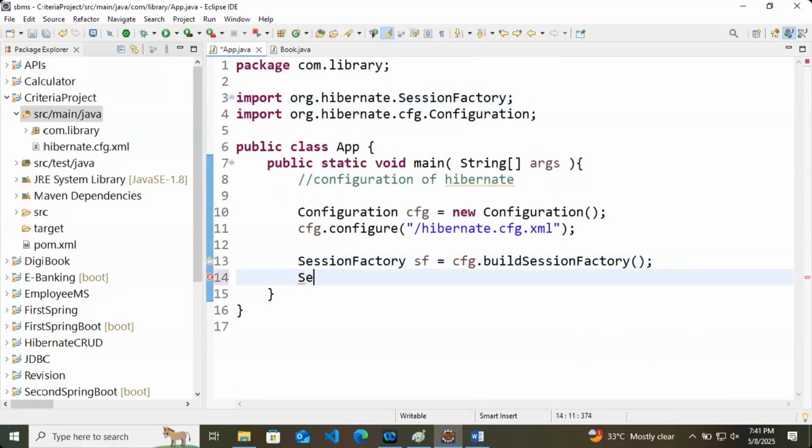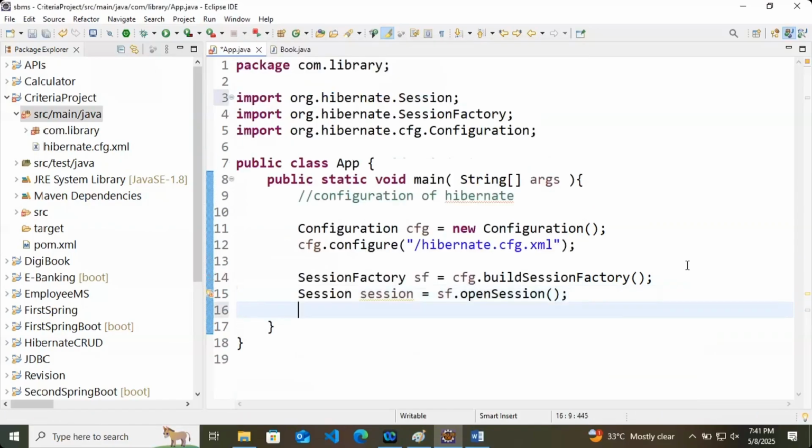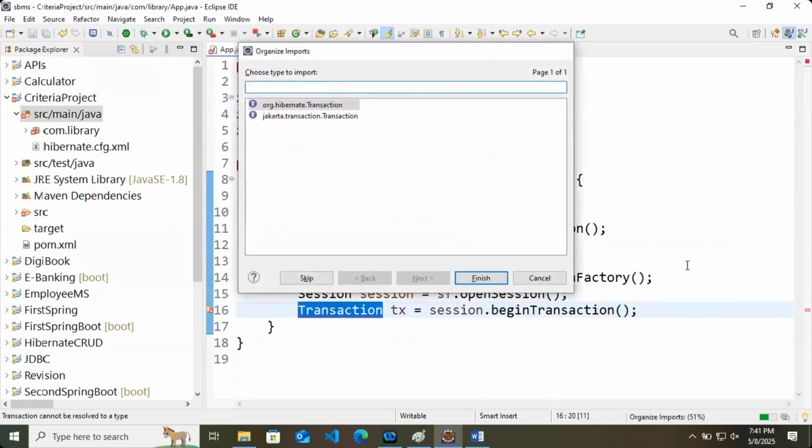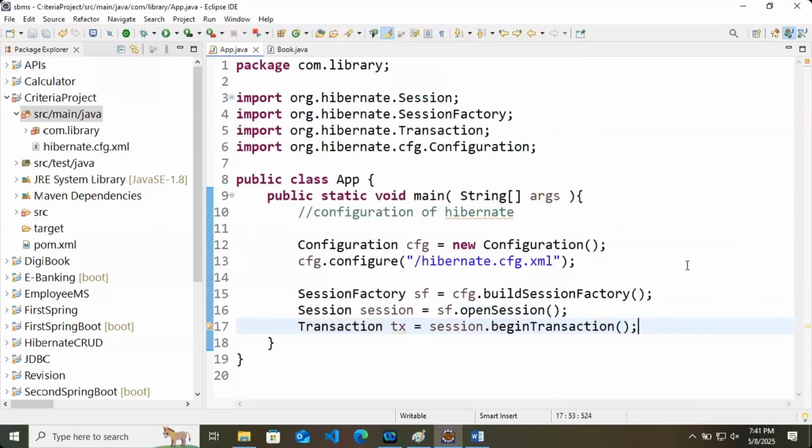Then we will create a session: session equals sf.openSession. And then we will bring the transaction: Transaction tx equals session.beginTransaction. Okay, so we have done all the things.